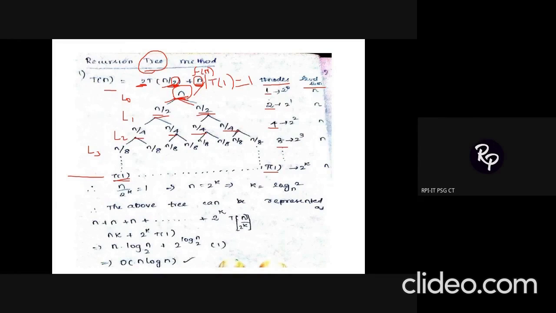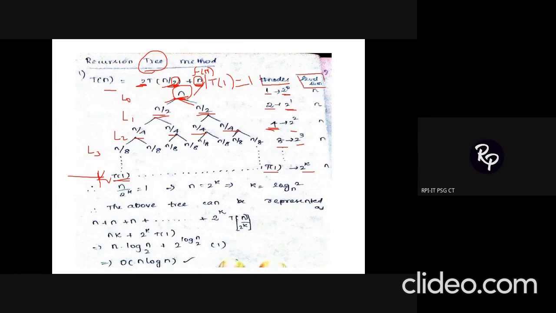If you look into the sequence, it is like 1 plus 2 plus 2 square plus 2 cube plus 2 power 4. It goes on like this. That's why I have a generalized notation as 2 power 0. In general, for the last level, I'll have 2 power k. So this k value represents the level number. If suppose I'm in the 5th level, it will be 2 power 5. So just a general notation you are going to have, because this will be easy for us while doing the sum operation.